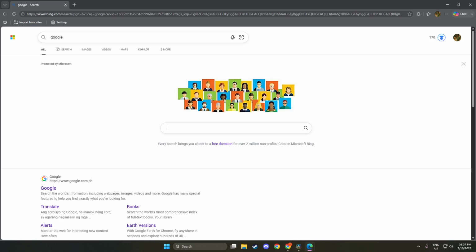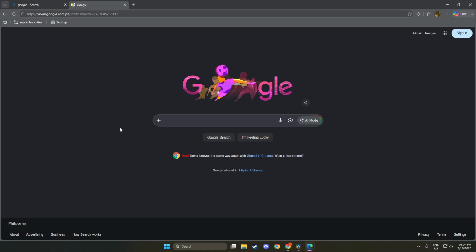To summarize, we opened a new window, switched to it, and ensured we were in the correct context for our tasks. Each of these steps is essential for a smooth browsing experience. Remember to use the keyboard shortcuts or the taskbar options based on what suits you best. By mastering these simple actions, you enhance your productivity in Microsoft Edge significantly.